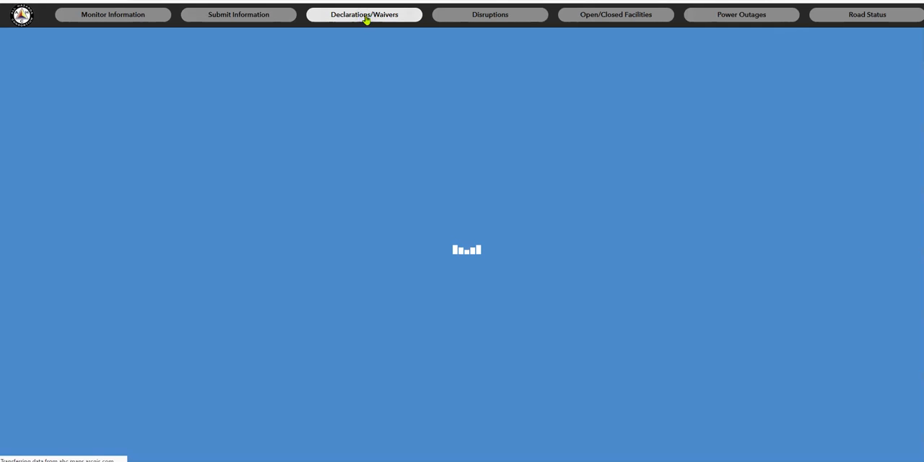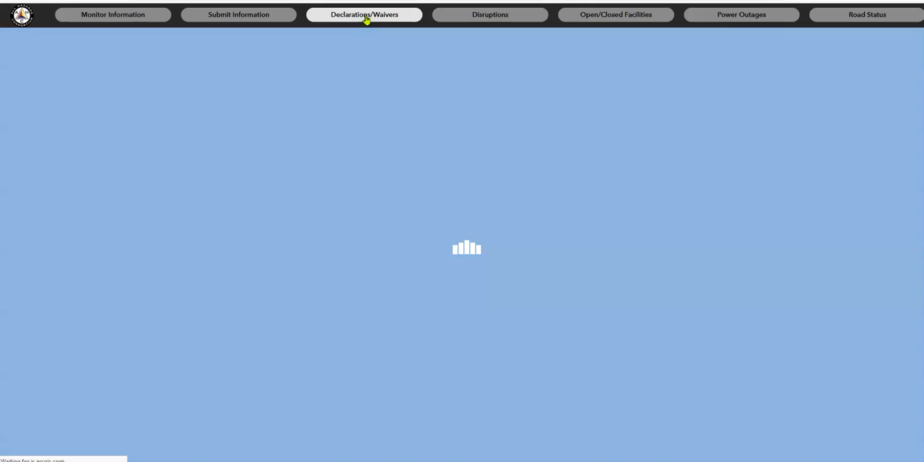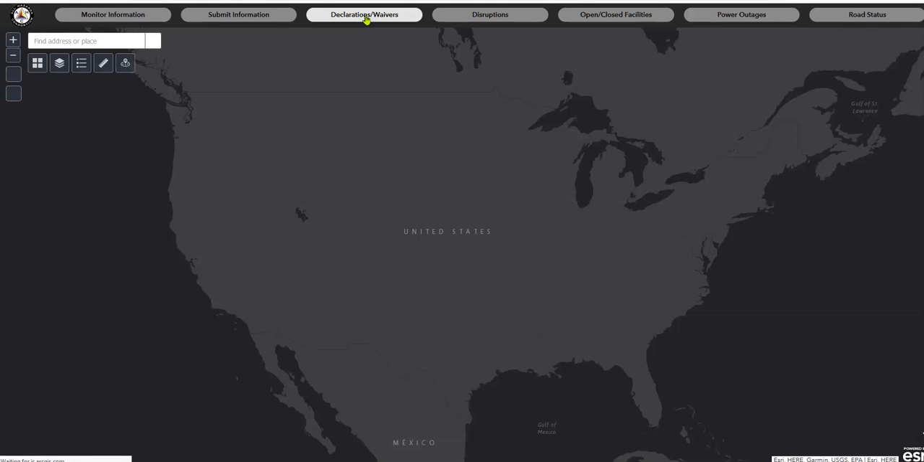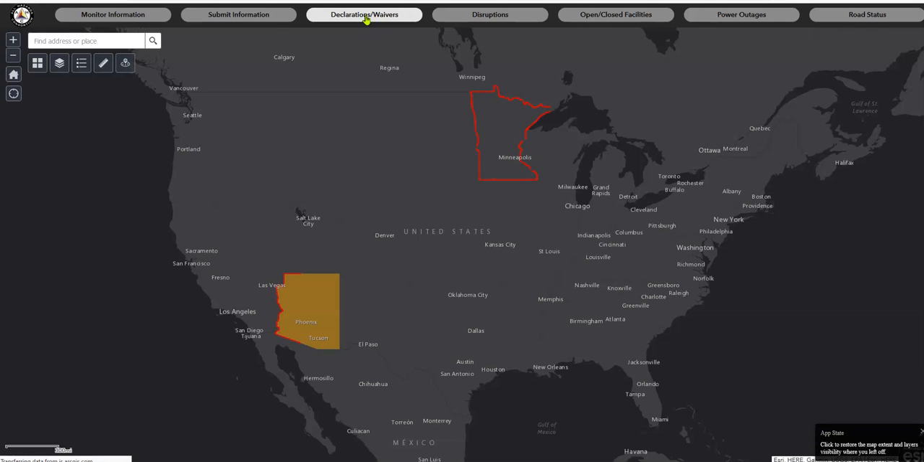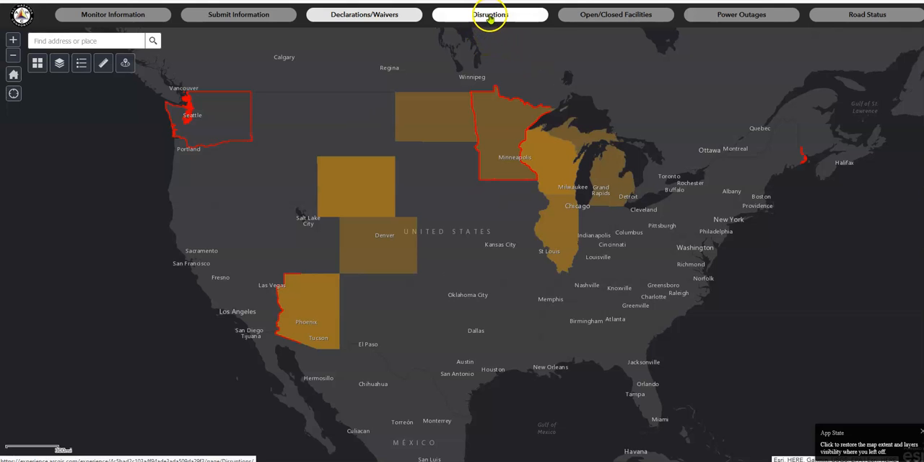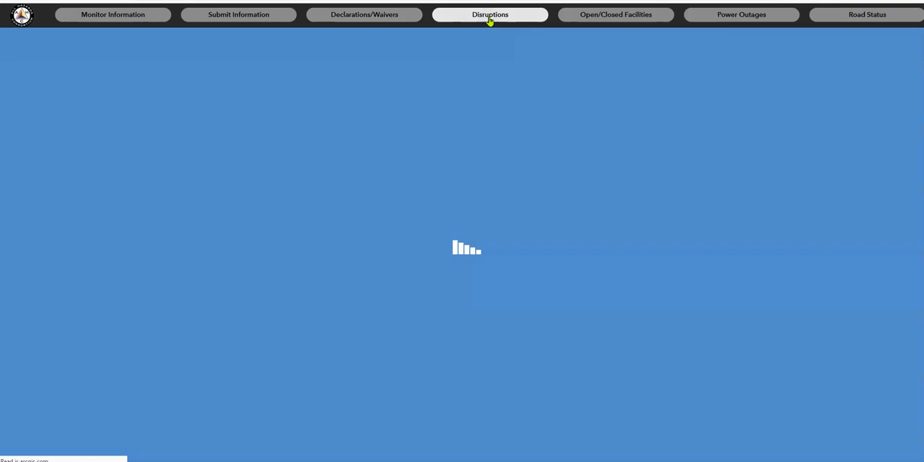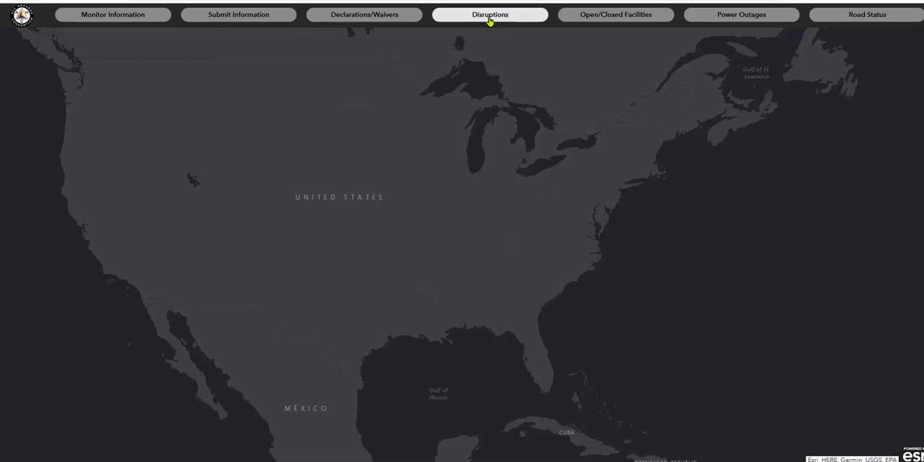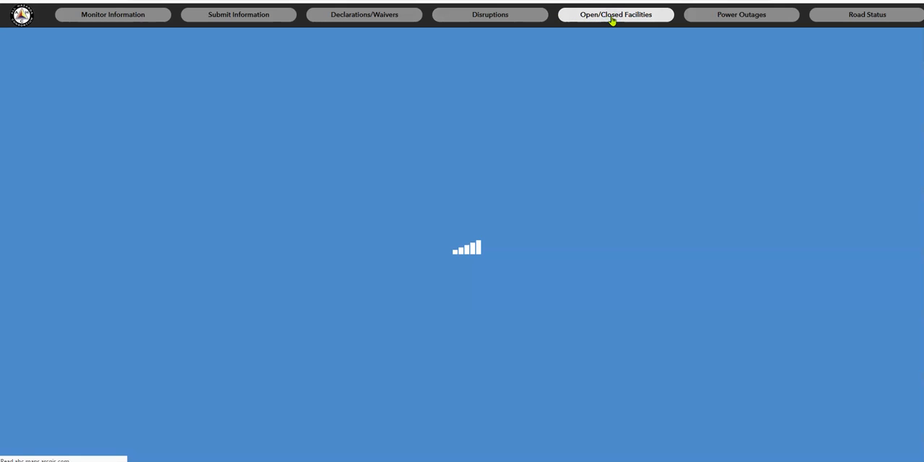If you want to see just declarations and waivers, this is all done in Esri, so we've created a map just for these declarations and waivers that are active. My internet's a little slow, but you'll see it'll pop up in just a minute. If you want to see a map just for disruptions, here's a map just for disruptions. If you want to see one for open closed facilities, this is a large